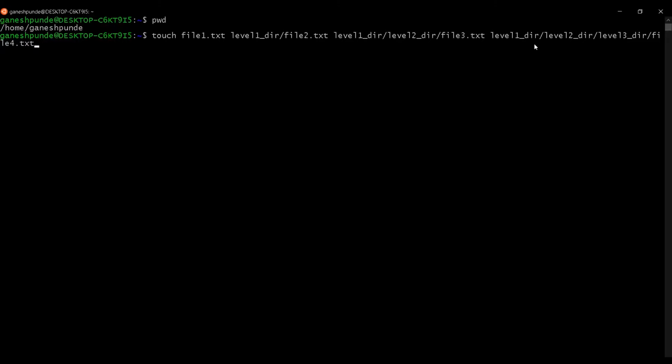Now we created the files in level 1, level 2, level 3. Now I want to create a file in level 4.